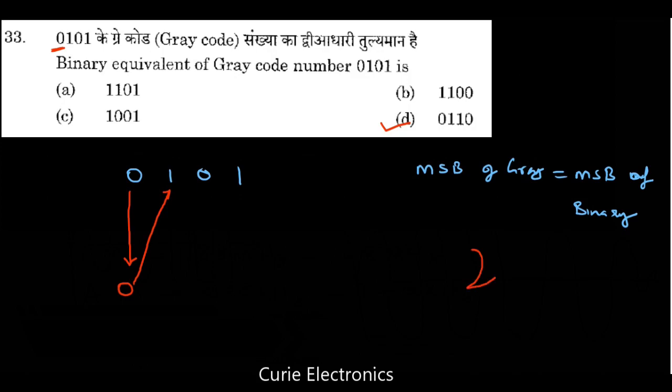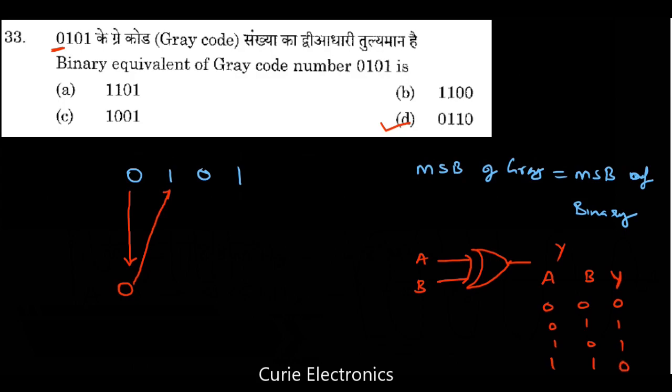For an XOR gate, let the inputs be A and B, and Y is the output. Whenever inputs are the same, the XOR gate will give output 0. Whenever inputs are different, the XOR gate gives high output. So when it's 1, 1, we'll get 0.